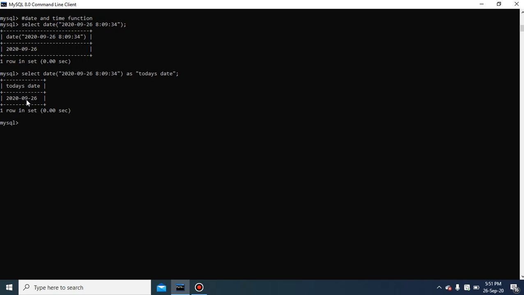The next function is month. Month returns the month from the date passed. What date are you passing? The function name is month and it returns the month from the date passed. This time I will not pass the time, simply the date, and it will extract only the month from the date.